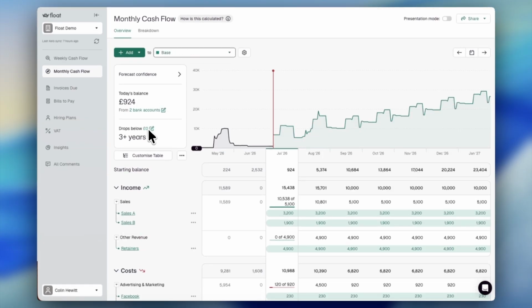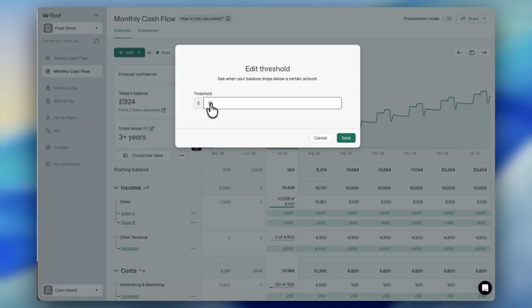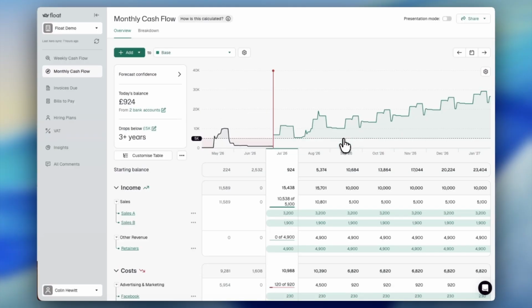Float also has a handy threshold feature. This will tell you if or when your cash flow is likely to fall below a certain point. It's set to 0 by default, but you don't need to keep it there. If you're working with an overdraft or a line of credit, you can adjust the threshold value and Float will